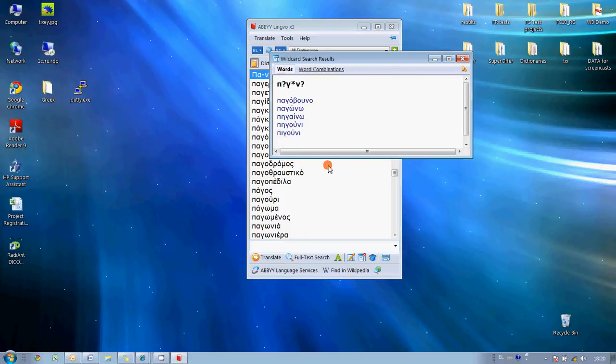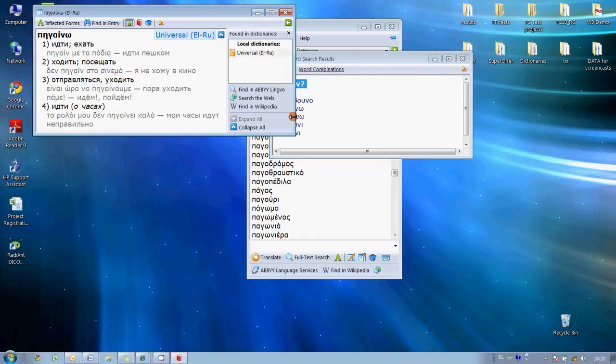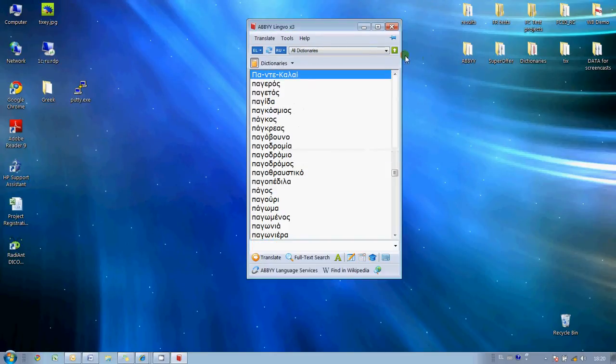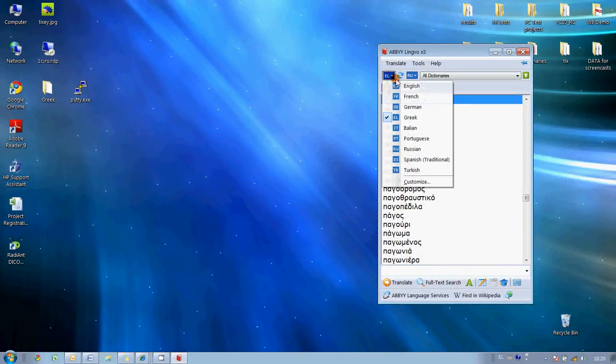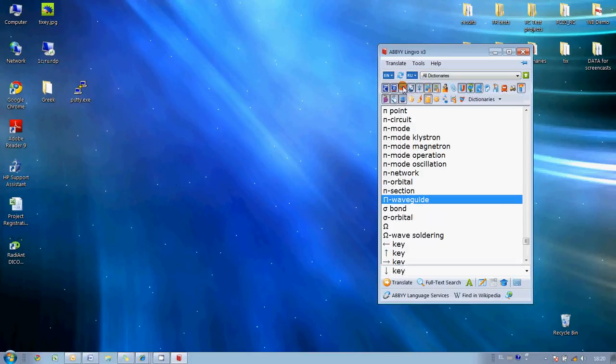Okay, there are several words which match this wildcard, but among these 5 words, it is very simple to find the needed pigeno. Here it is. Okay, this is how you may find needed words in ABBYY Lingvo, but usually dictionaries are used